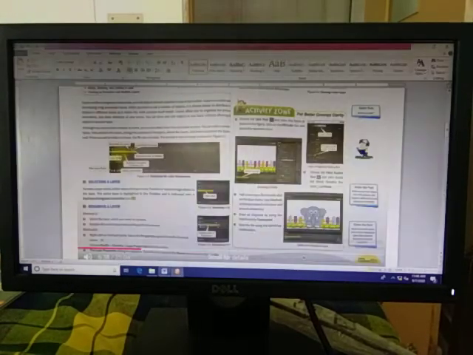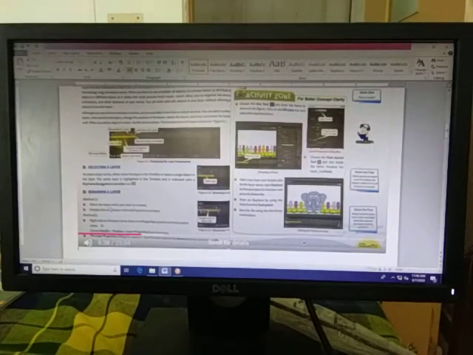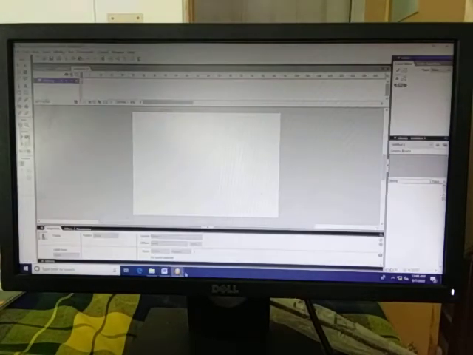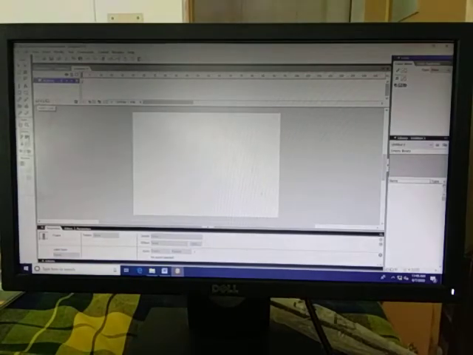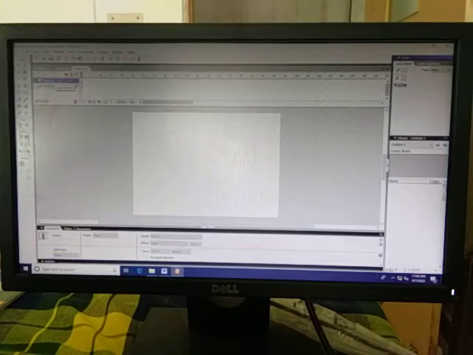Now next is how to add a new layer. There is a button, which is known as Insert Layer, add layer. And you can also insert a folder. If you want to insert a folder, this is the folder, but I want to create a new layer. So I simply click over here, and you can see that one more layer has been created. Now you can rename it. For renaming, double click over here, and I have typed car. Press Enter. So these two layers have been activated over here.